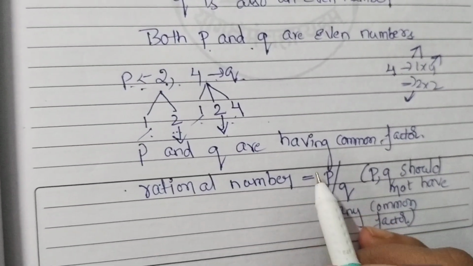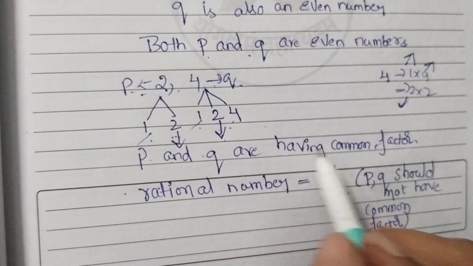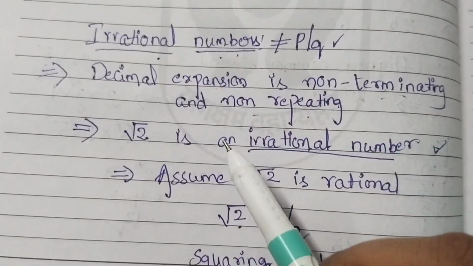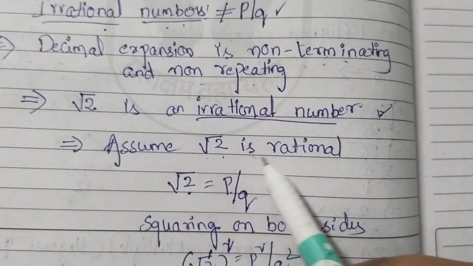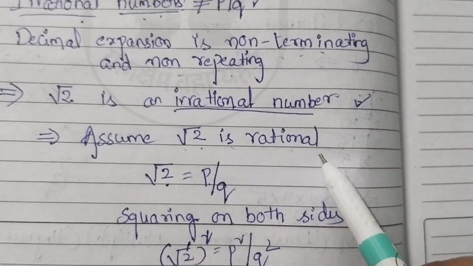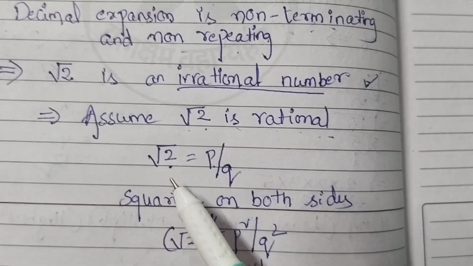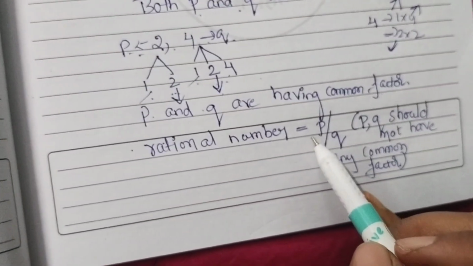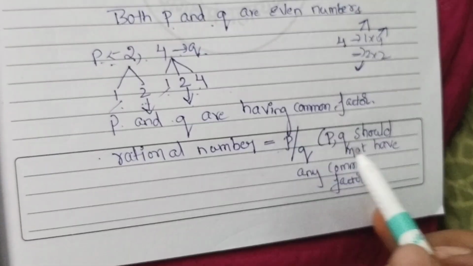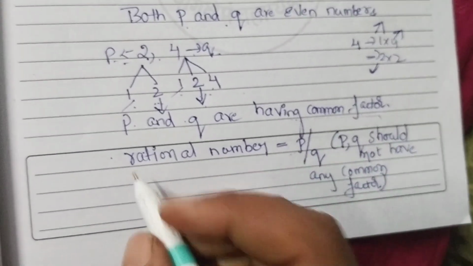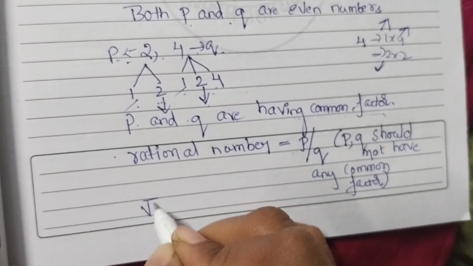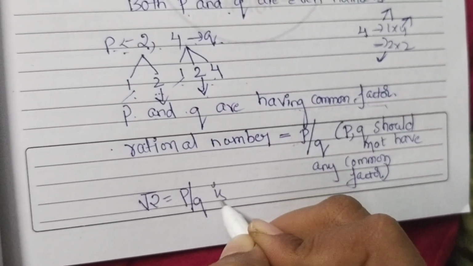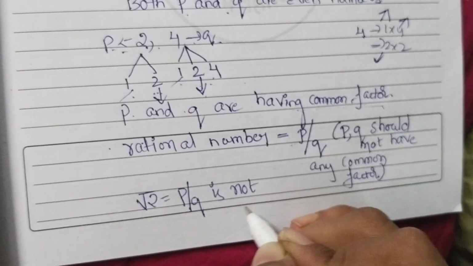Right? But here we are having this P and Q having a common factor. So initially we assumed that root 2 is rational. This is our assumption, just our assumption, and root 2 will be in the form of P by Q. What happened in the last? That P and Q are having a common factor. So root 2, which we have written in the form of P by Q, is not a